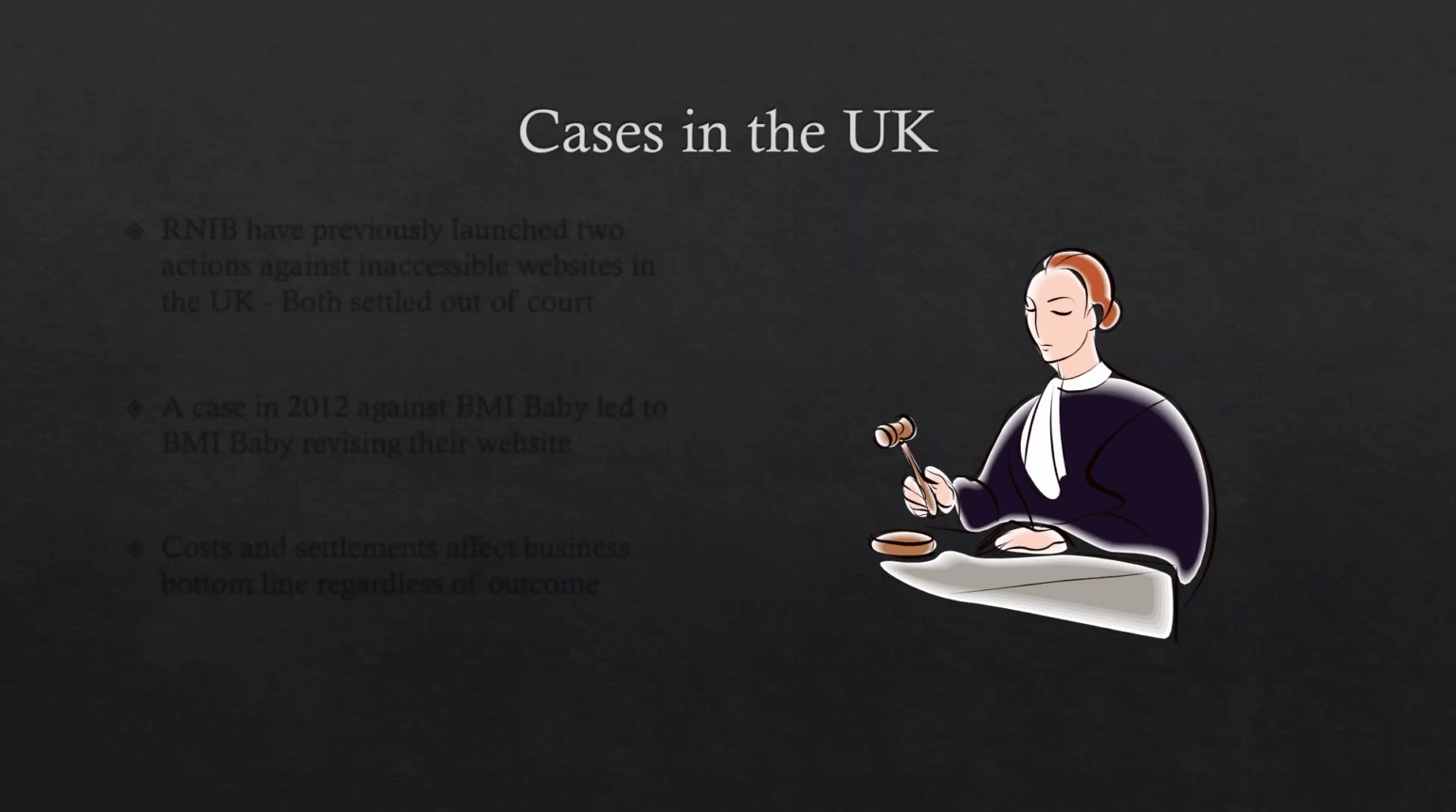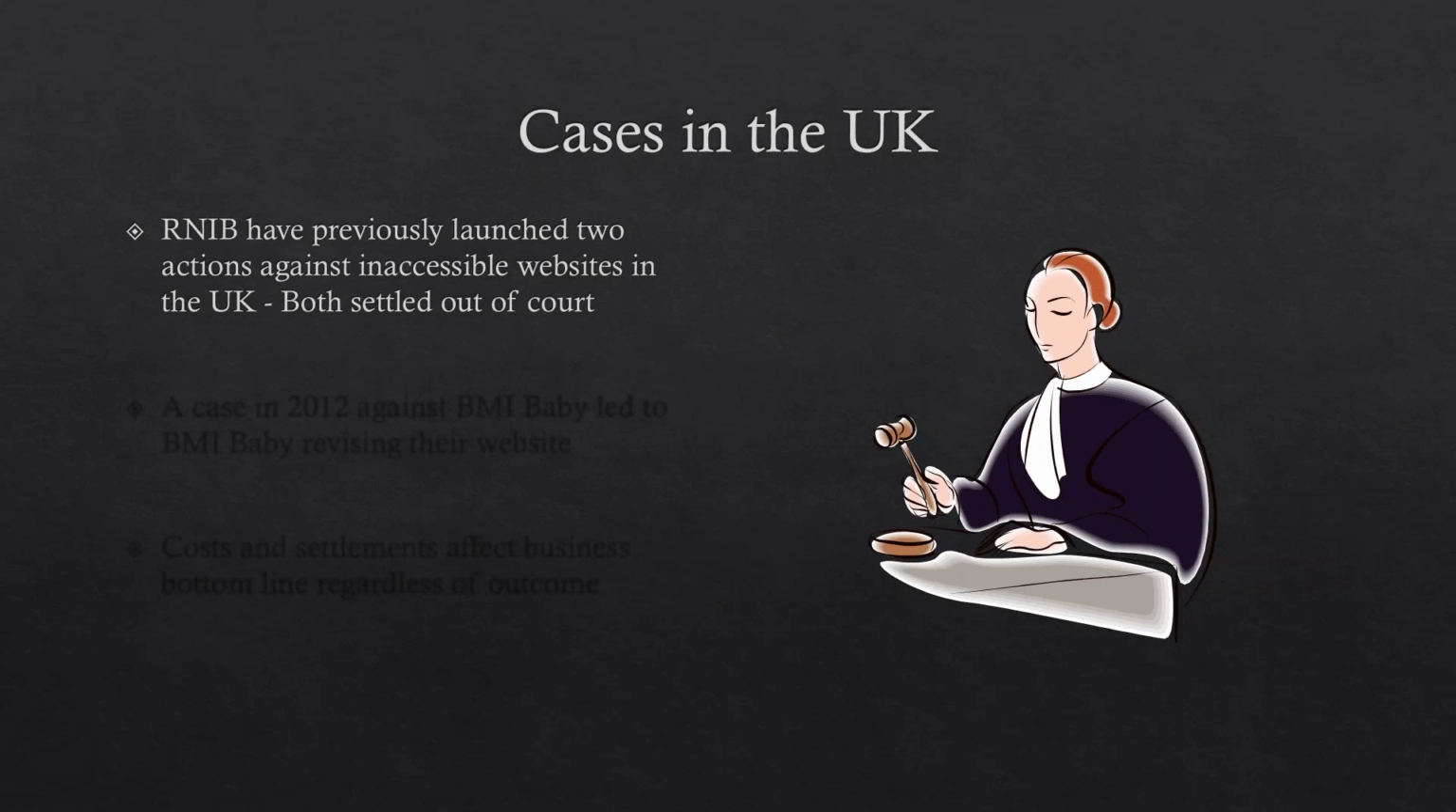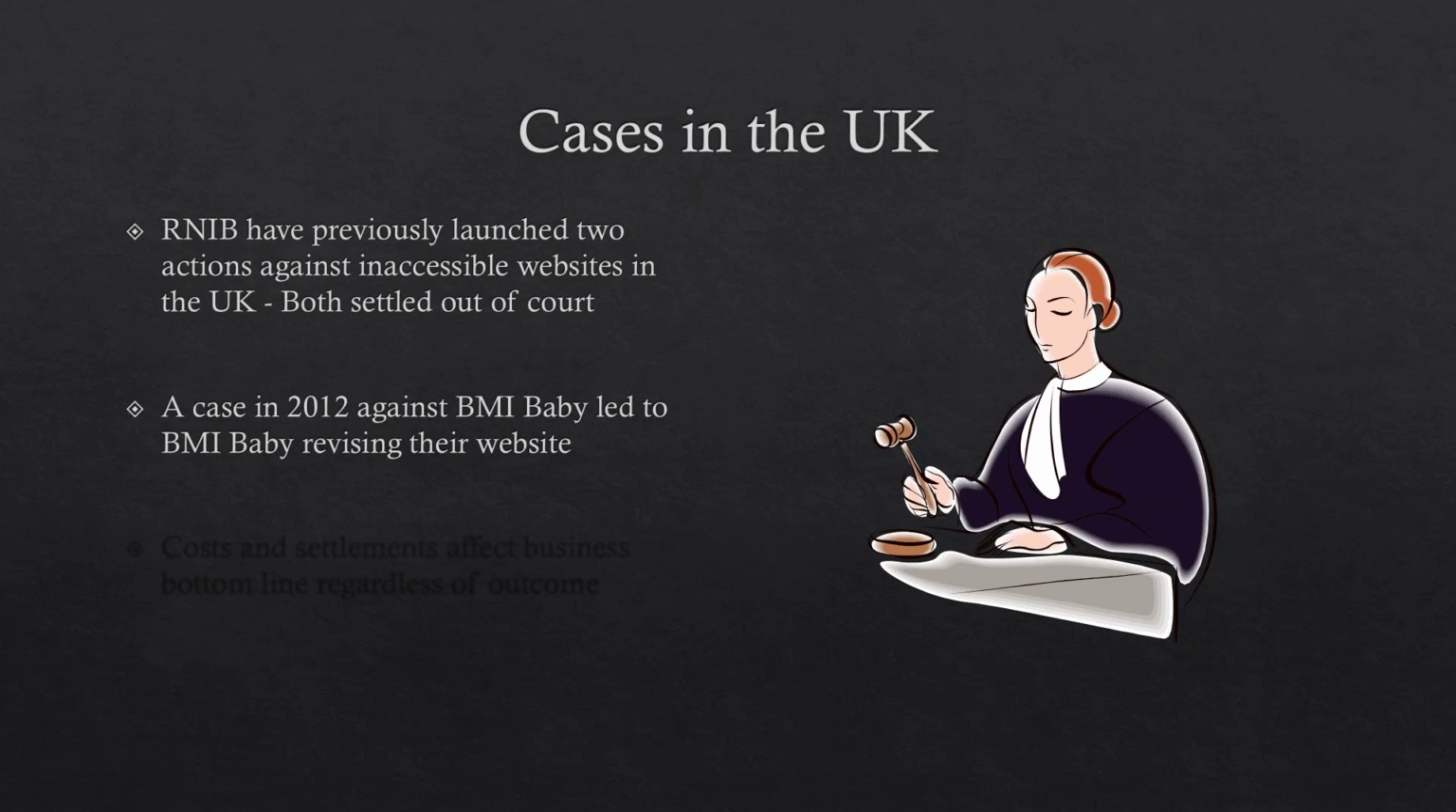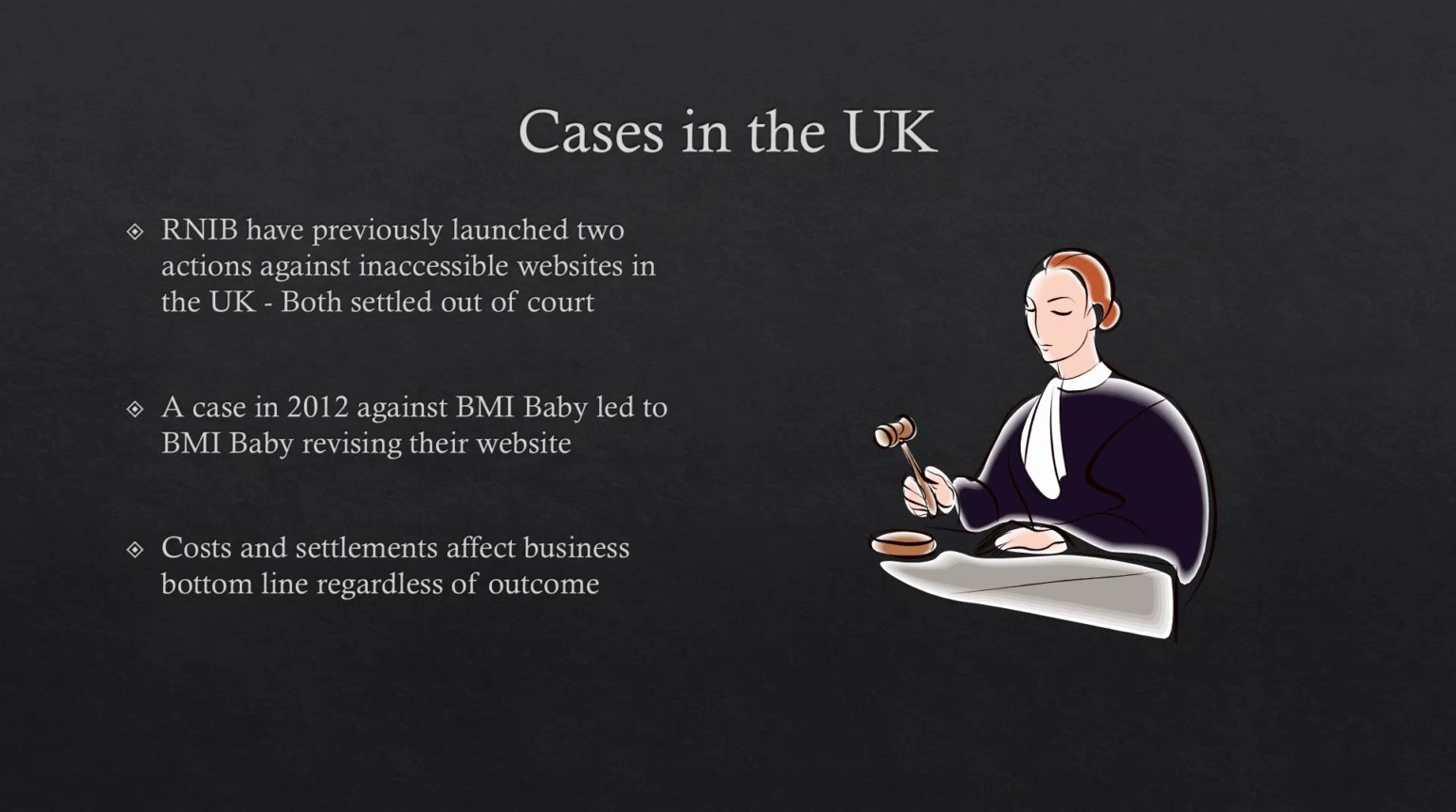Just a bit of background on the legal casework then. So in the UK, there have been a few cases brought by the RNIB against inaccessible websites. These were BMI Baby a few years back. Despite repeated requests for changes to be made, BMI Baby refused to make necessary changes to their website, particularly for blind people, through provision of alt text, and RNIB started a court case against them. In the end, they actually settled out of court,